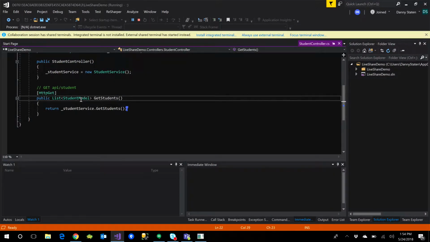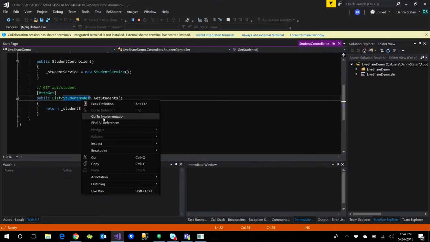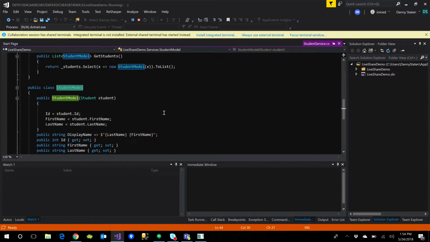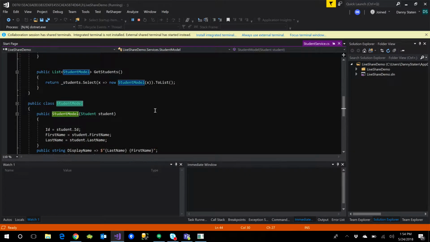So I can navigate through here. I can peek definition, go to implementation, whatever I want. I can come in here, and I'm just poking around here. And I can maybe go and set a breakpoint. And then whether Dennis or myself, we are debugging. Dennis started the session. We did play around with this. The person that joins cannot start a debug session. They can stop it, and then they can try to reattach to it. But it's the person that initiates that has to start the debug session.